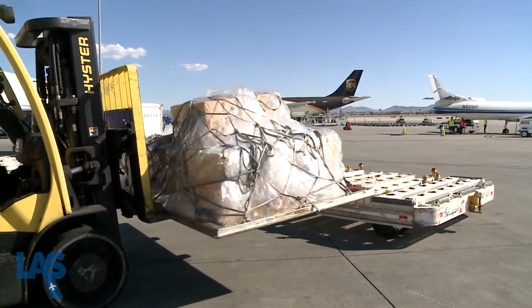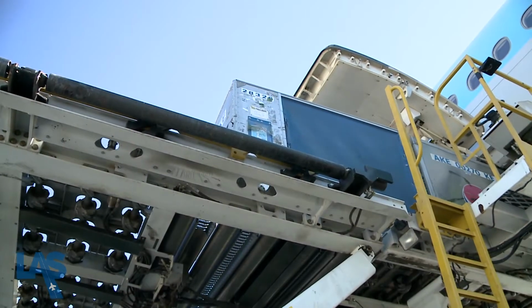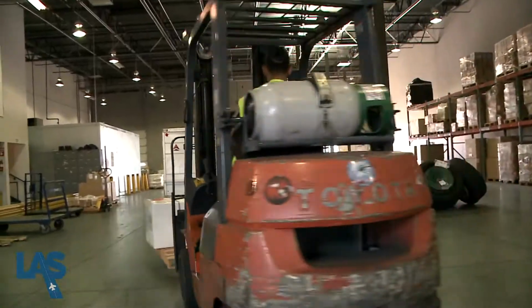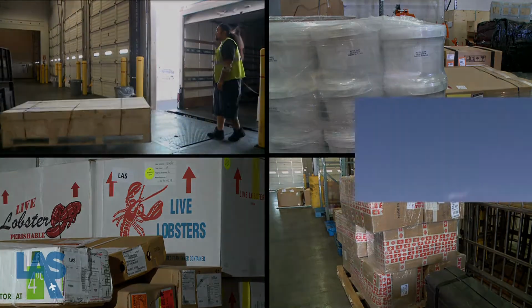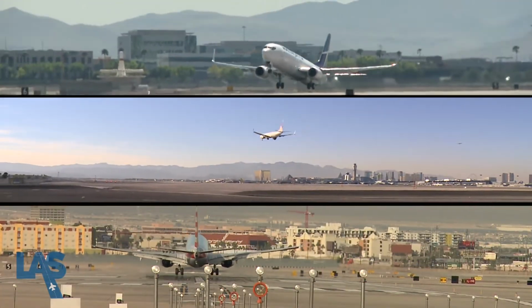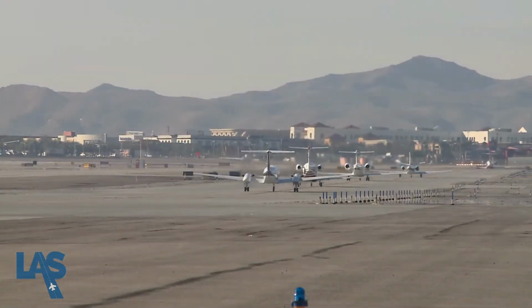Commercial passenger jets aren't the only aircraft at McCarran. The airport facilitates cargo operations through a dedicated facility. Multiple companies serve the Las Vegas Valley by bringing in over 260 million pounds of cargo each year. LAS is consistently among the busiest airports in the country by operations, meaning the number of takeoffs and landings. That can be attributed to the diversity of operations taking place,